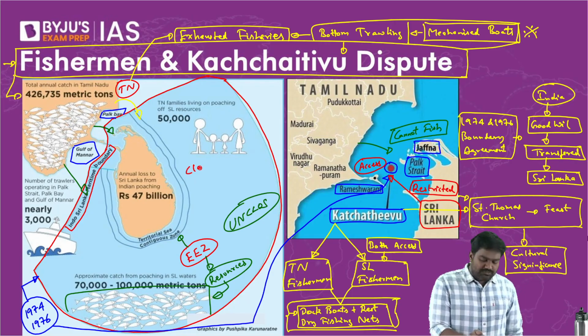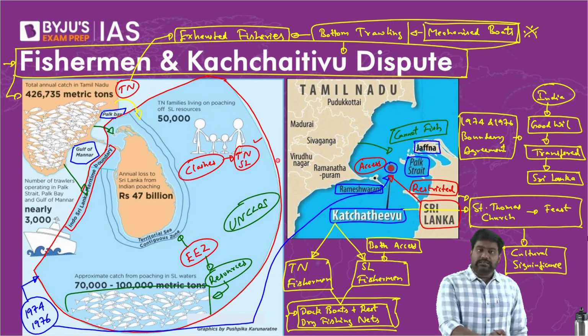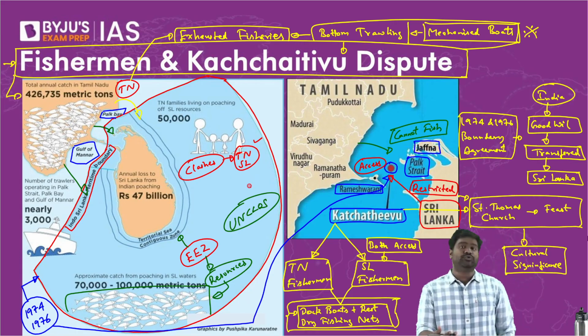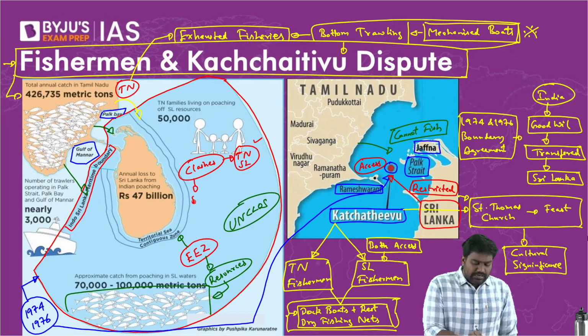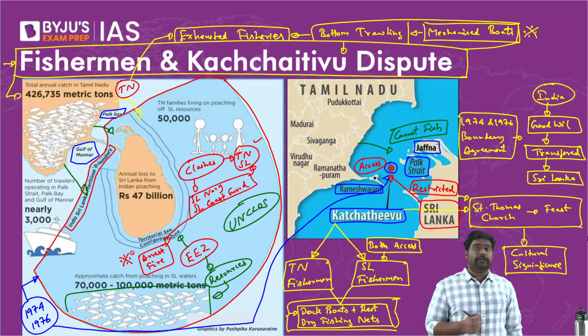There would be clashes between Tamil Nadu and Sri Lankan fishermen. Fishermen from Jaffna would target the Indian fishermen as it was affecting their resources. The Sri Lankan Navy and the Sri Lankan Coast Guard would act against the Indian fishermen. They would arrest them. Sometimes they would open fire, leading to a major problem in Tamil Nadu and for India.